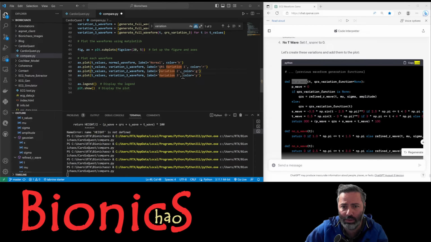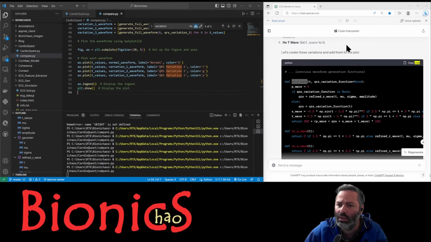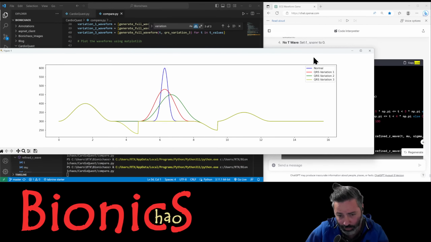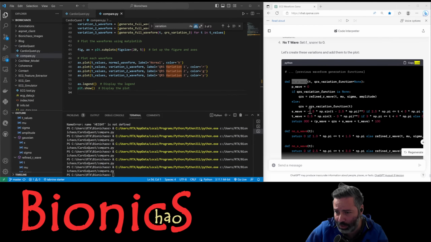QRS. Right, so we have the different 3 QRS variations, and then